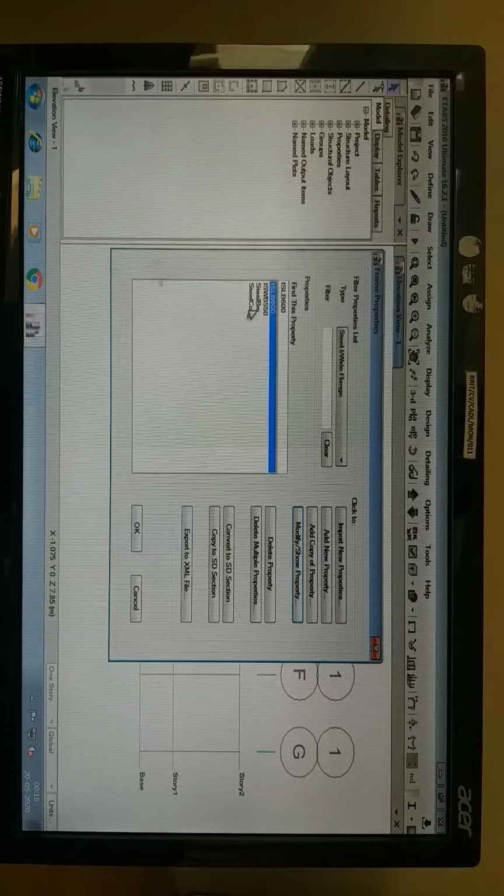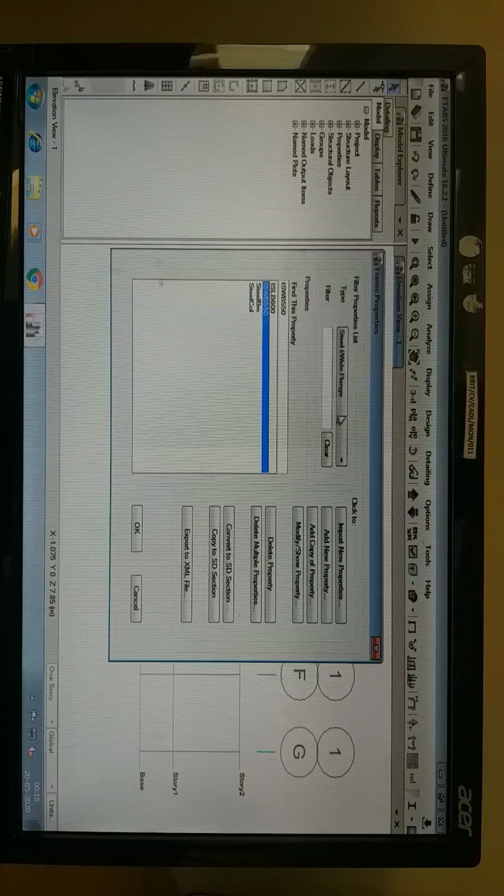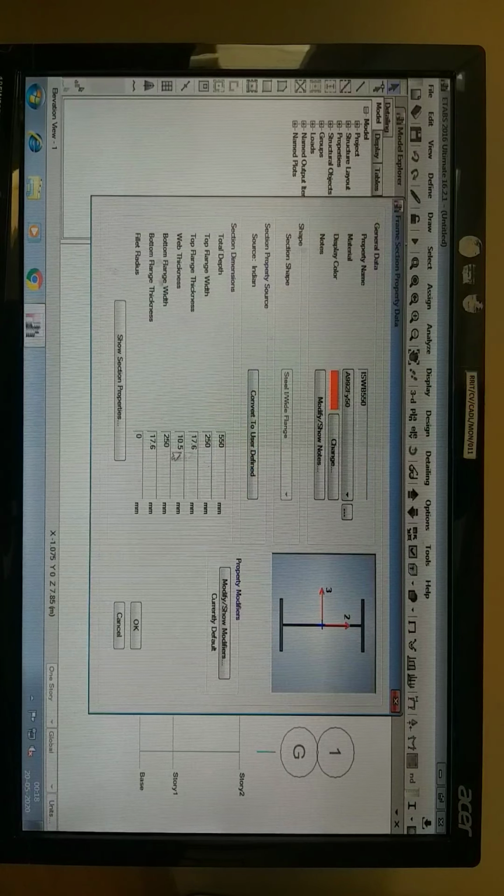Or you can assign any. Here ISWB 550 means the total depth is 550, flange width 250, flange thickness 17.6. Like that, all the flange details will come here.